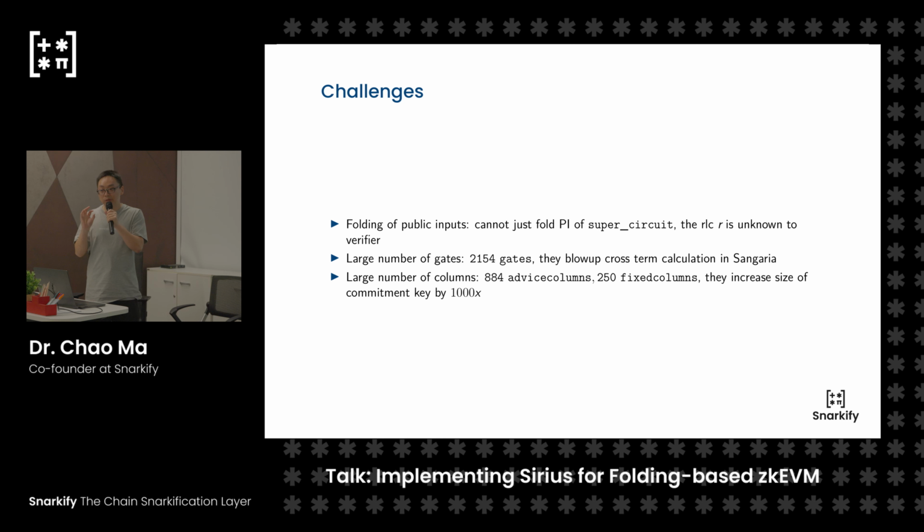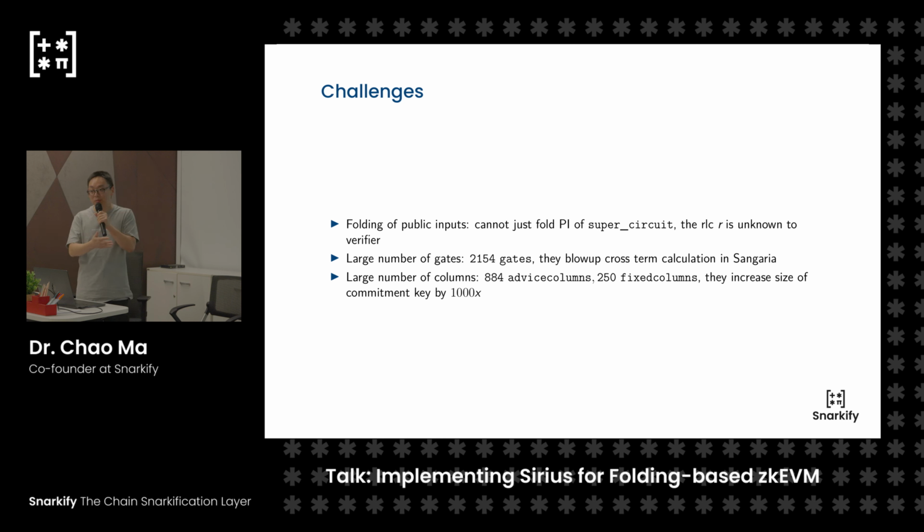When you do the folding of the commitment, it's actually the multiplication or addition of elliptic curve points. That is very expensive when you write it in the circuit. We try to minimize the number of commitments, so that's the reason we concatenate all the columns into one single vector. However, with this kind of number of columns,